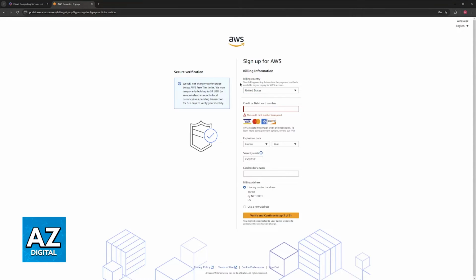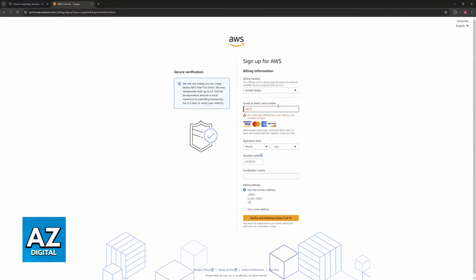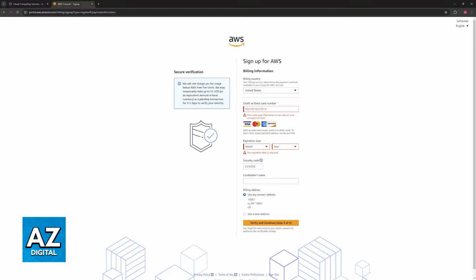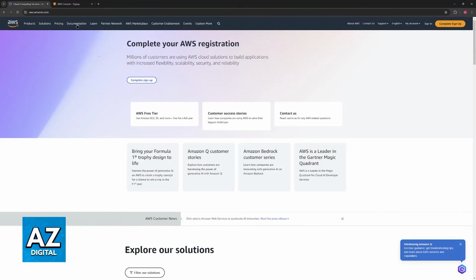So all that you have to do once you reach this step is to choose the billing country, make sure that you select this appropriately, and afterwards you will be able to include the credit or debit card number here. Include the expiration date, month and year, and then the security code known as a CVV or CVC. Finally, the full cardholder's name, and you will be good to go. Now, of course, because this contains private information, very sensitive, I won't be able to show you it in full. But after you are done with this step, you just have to verify your account, your email address, phone number, and you will be good to go. And this is going to be the primary way of adding a credit card.